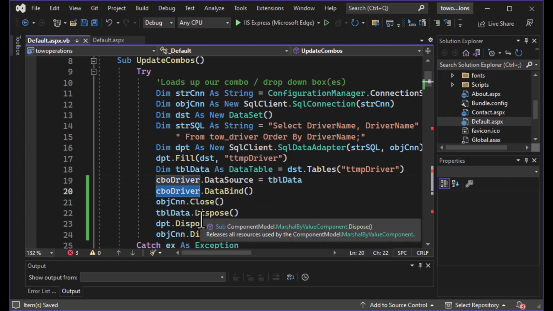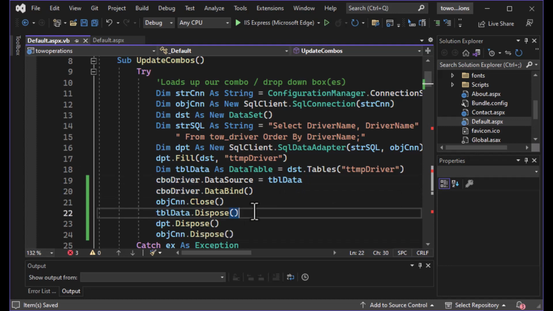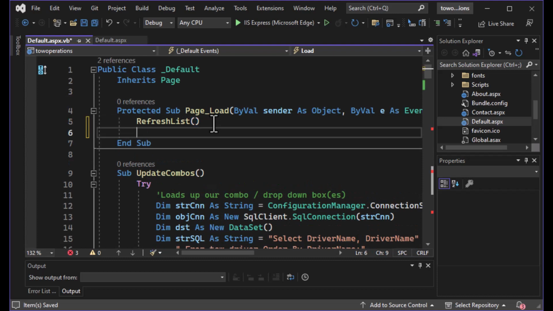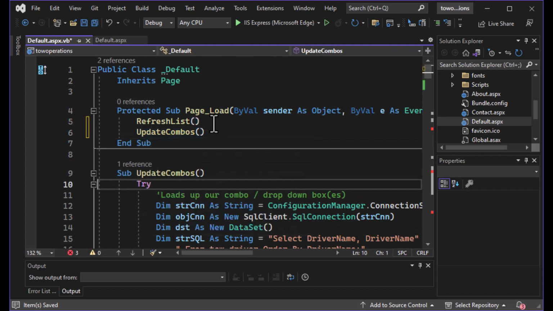We're going to fill that combo box, and then we're going to put it into the page load event. So every time the page is loaded, we're going to run this. So what we'll do is we'll just put UpdateCombos in here for now, and then we can go ahead and take a look at what's going to happen